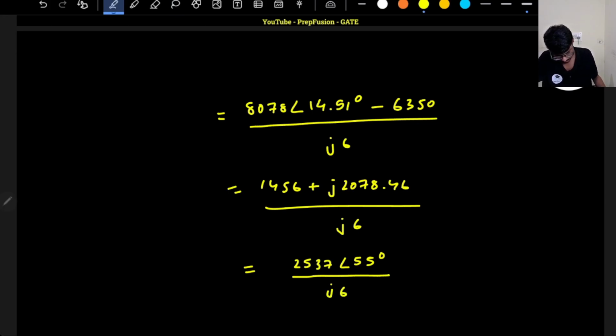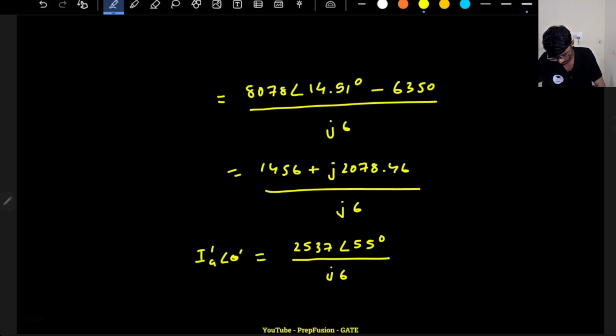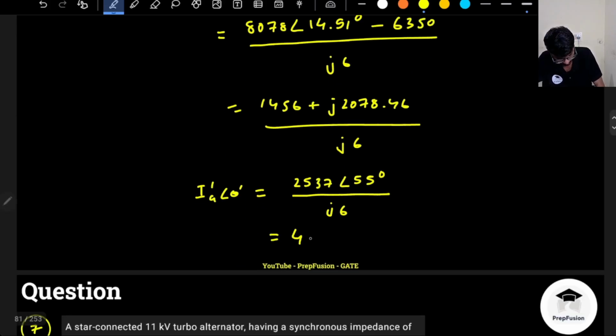Divided by Z6. So obviously the angle will be negative, it is lagging. If the angle is coming out negative, I dash, IA dash, angle theta dash, so if it is lagging, basically divided by Z6, right. So the current will be 422.95. So the current will increase here,